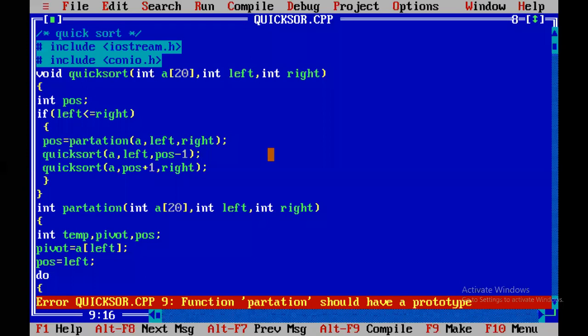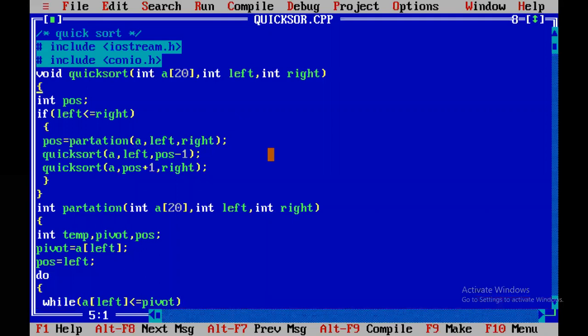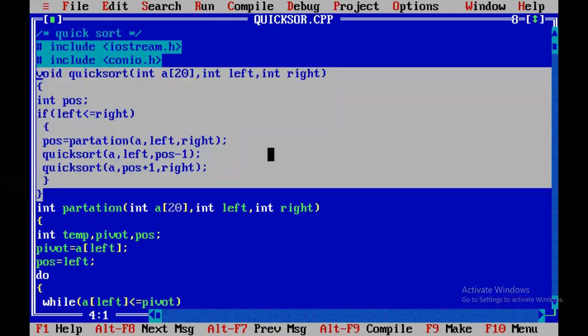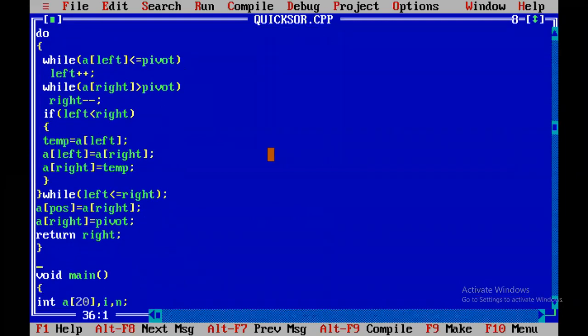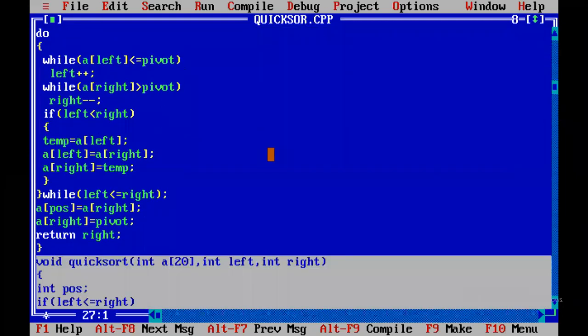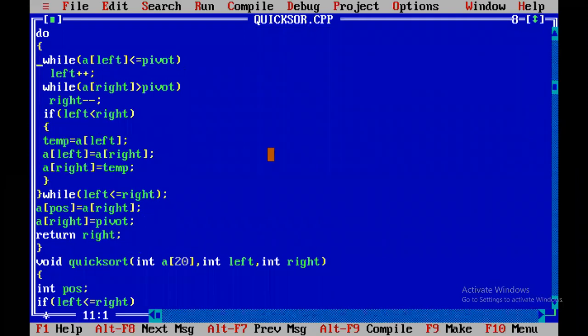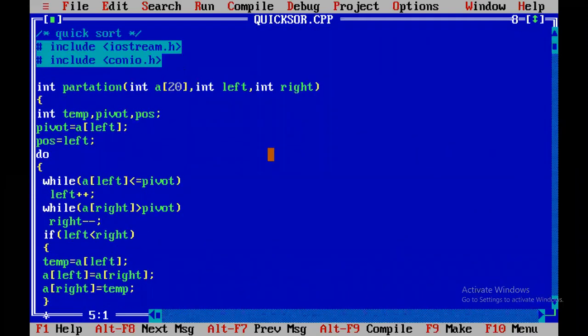So again, here is the mistake, if you see the mistake, for writing quicksort. All functions, whatever the function, partition must be before the quicksort because we are using partition here. That's why we are getting the error here. All calling functions should be above that function. That is the process.